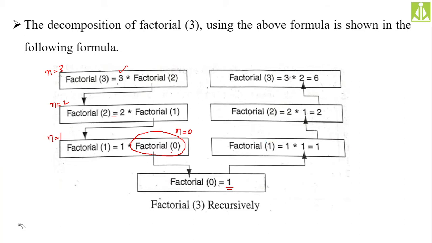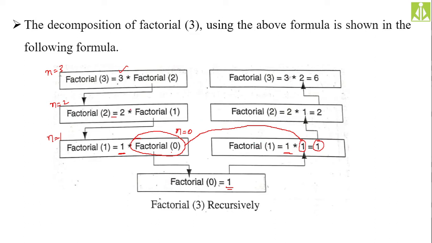Because we replaced factorial of 0 with 1, we got 1 multiplied with 1, that is 1. So factorial of 1 is what? Factorial of 1 is 1 only, because 1 multiplied with 1 is 1 only.